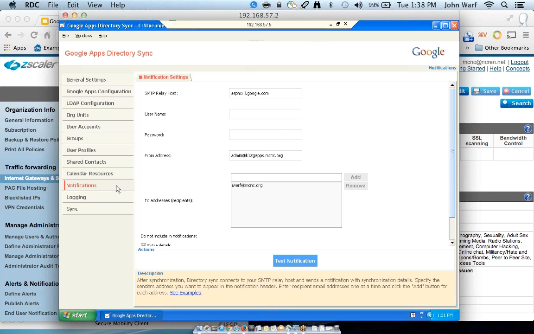Notifications. So email notifications work when you are synchronizing your database, your directory. As you go through and synchronize it, it will automatically send email. Now, two things that you want to know about. One, here you see I've got my SMTP relay host as